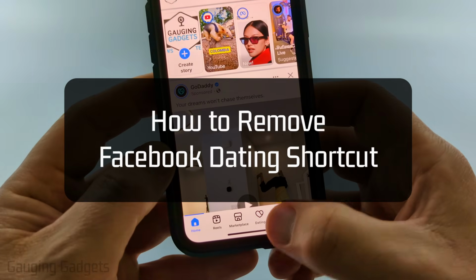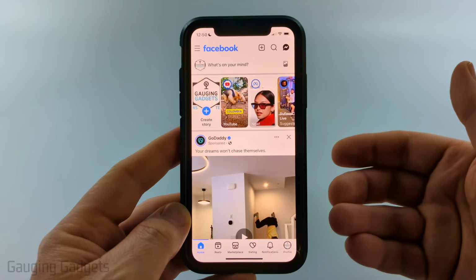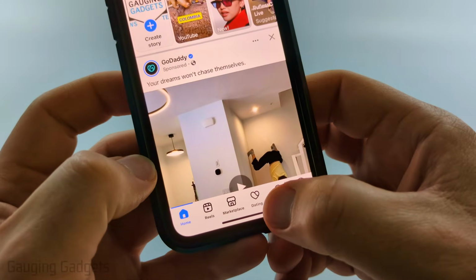How to remove the dating shortcut from the Facebook app. In this video, I'm going to show you how to remove Facebook dating from the menu at the bottom of